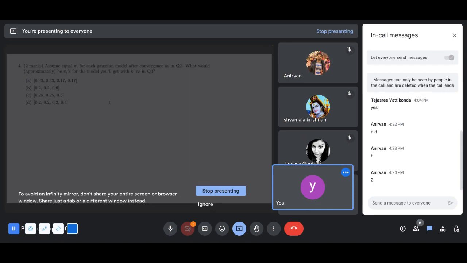So that is 0.5, and that is C. So, yeah, now